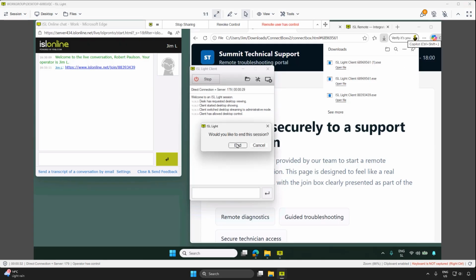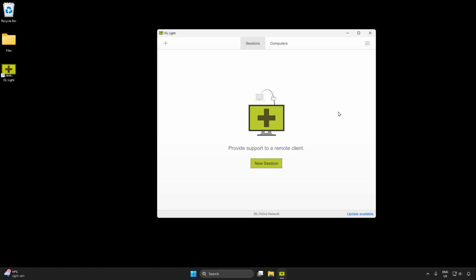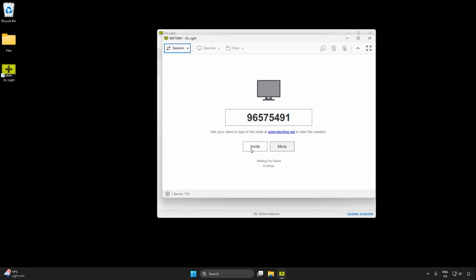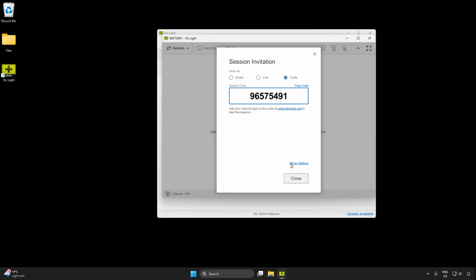All right, let's say the situation's a little bit more complex. We are planning the session ahead of time. We would like to configure some behaviors in advance, and this can be done by the session invite. So we go ahead and we click New Session, and then we click Invite, where we then have a list of options to choose from. This is usually minimized, but I have it maximized. Otherwise, what we're looking for is called Show Options.